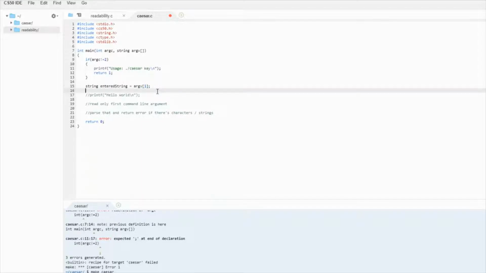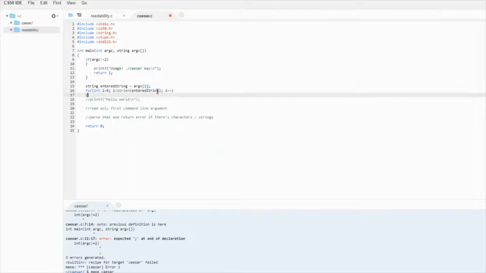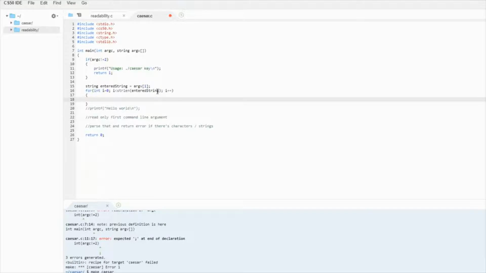It could be strictly numbers like we want, or it could be letters. So now that we have this, we want to iterate over every variable, or I'm sorry, every index inside the string, and if there's a letter, we don't want to use this because we want this strictly to be numbers. Let's just do a simple for loop to go over that. I'm going to use the string library and just use string length instead of actually coding that out. Okay, so this is going to go over every index of the string.